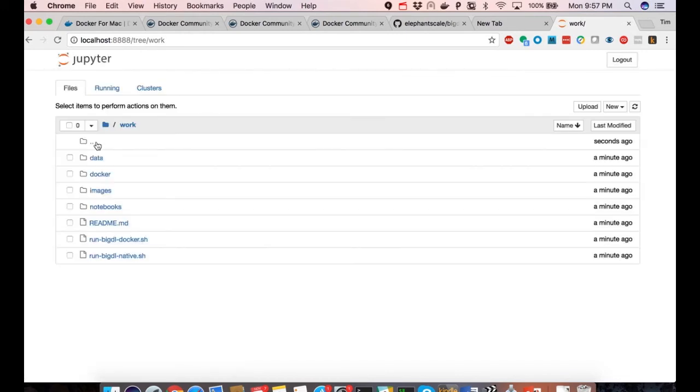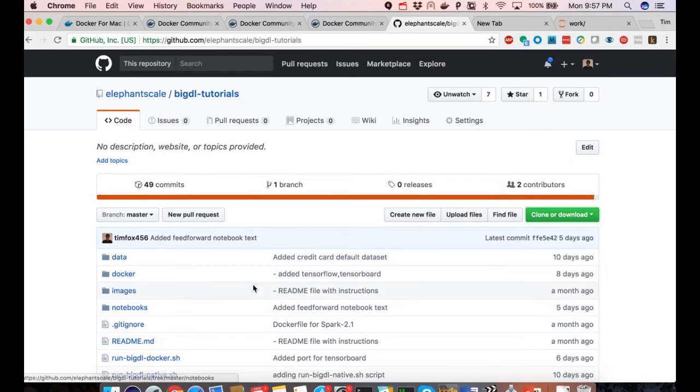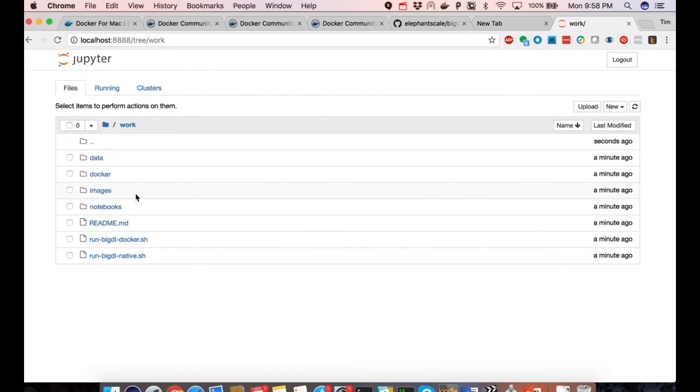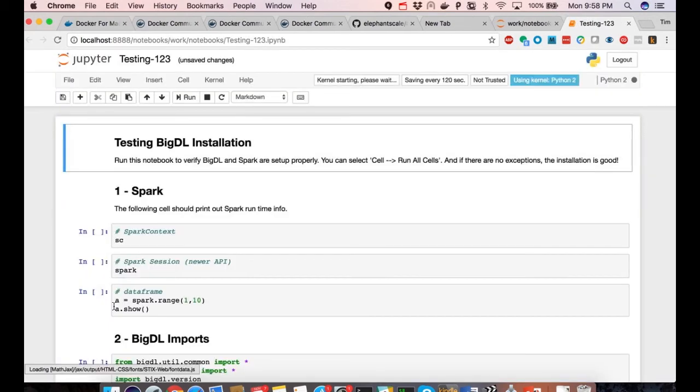So when I put that there, notice that I have all of the same files that I have here in my BigDL tutorials GitHub location, including all the notebooks. So let me go back to Jupyter, and I'm going to click on notebooks, and there's one notebook in particular I want to run now. It's called testing123 notebook. So this will enable me to make sure that my connections to both Spark and BigDL are running